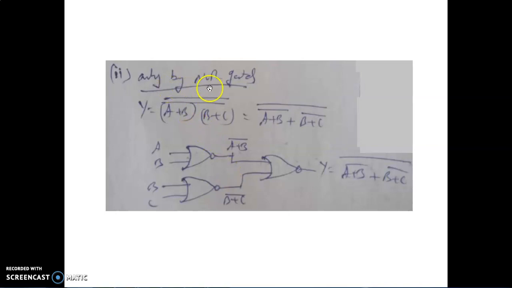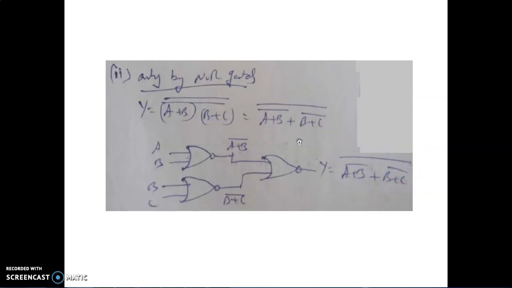Next is by using only NOR gate. The same equation is implemented only by using the NOR gate. So in order to implement a given Boolean equation only by using NOR gate, it should not contain dot operator. It contains the dot operator between A plus B and B plus C. So this can be removed by taking double complement as shown here. Apply the De Morgan's theorem to the inner complement. We get this equation. Now generate the individual terms here like A plus B whole bar and B plus C whole bar. It is given to the next stage. This is the final output which is same as that of the simplified equation.